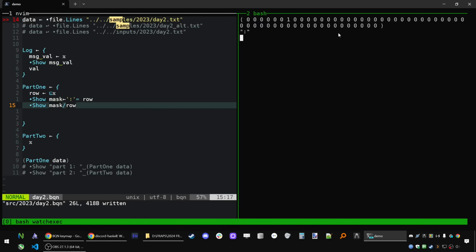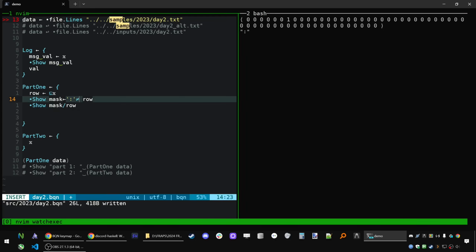From this mask here, we have zeros everywhere except for the colon. So I'll just invert it. I'll do the not equals, which is slash for some reason. So there you go, all but this guy. That's not actually any more useful. I want to